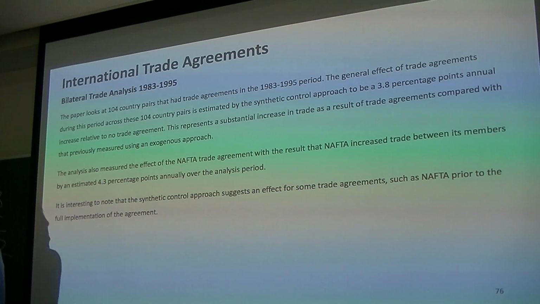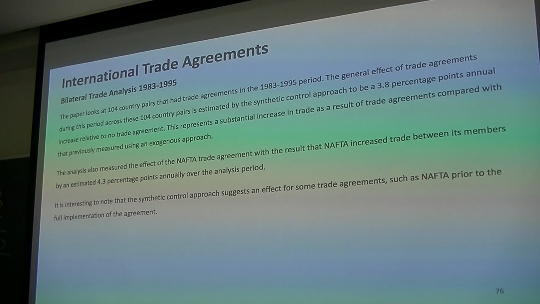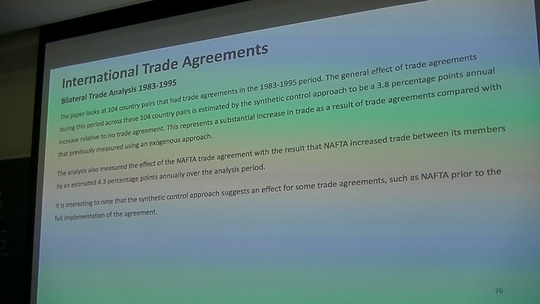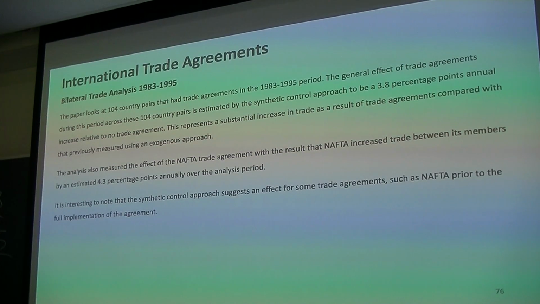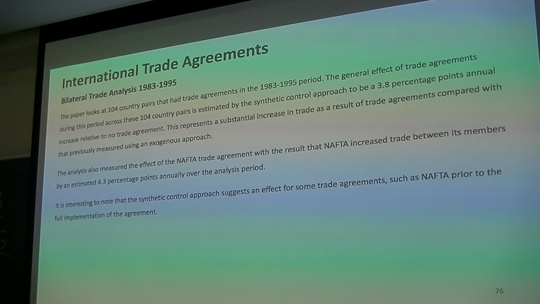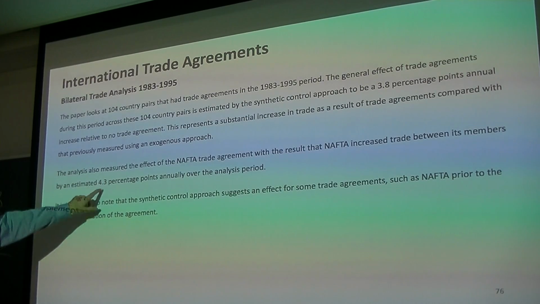It's considered that the effect of these trade agreements from 104 country pairs in the 1983 to 1995 period was a 3.8 percentage point annual increase in trade, relative to no trade agreement, and that the effect of the agreement in NAFTA is an increase in trade of